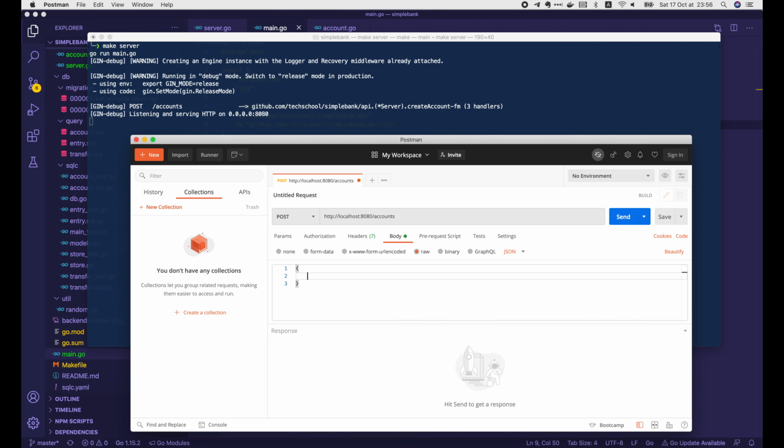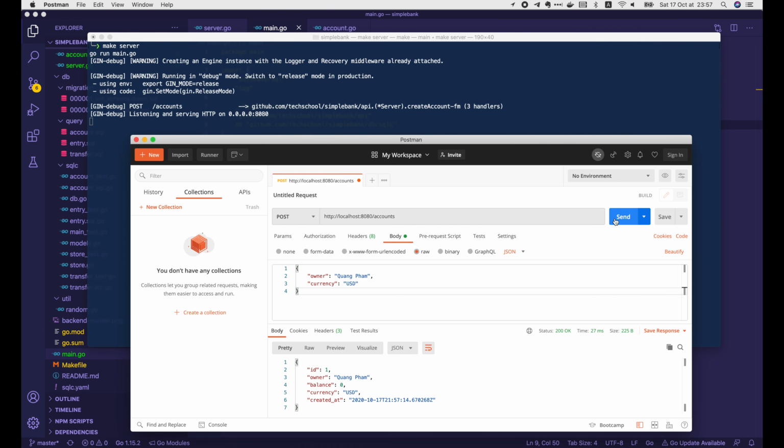We have to add two input fields, the owner's name, I will use my name here, and the currency, let's say USD. Okay, then click send. Yay, it's successful. We've got a 200 OK status code and the created account object. It has ID 1, balance 0, with the correct owner's name and currency.